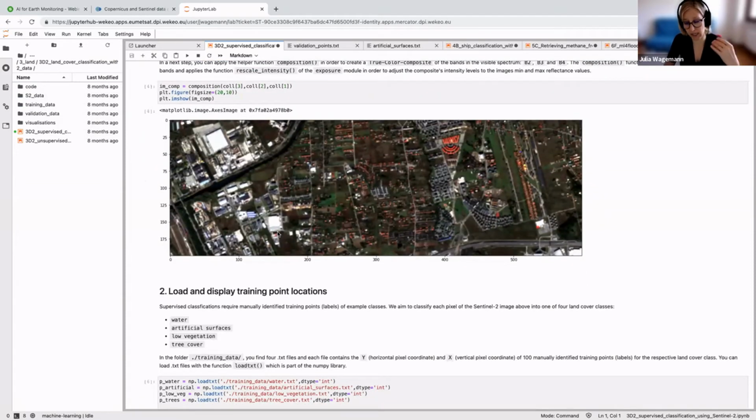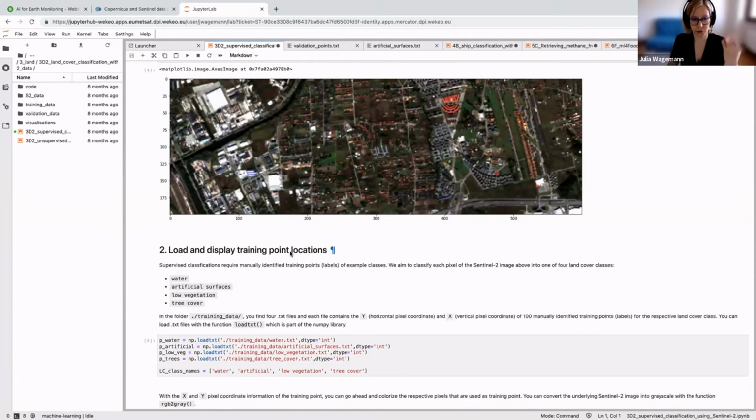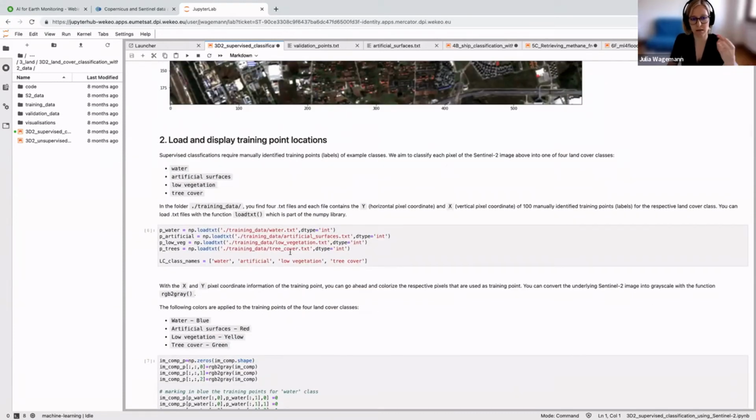And this just gives an overview of the image on which we want to train the algorithms. And then, to also get an overview of the training points and validation points, we load here